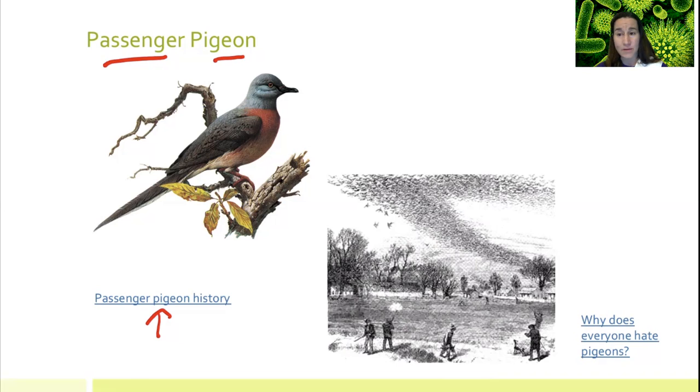And side note, if anybody watches Outlander, the series, they try and keep it true to the time period. And at the end of one of the episodes, I can't remember which one it was, but it was this season. At the end, they had a flock of passenger pigeons go out of the scene. I was like, oh my gosh, that was so cool. So, nerd alert, they have passenger pigeons in the Outlander episode.